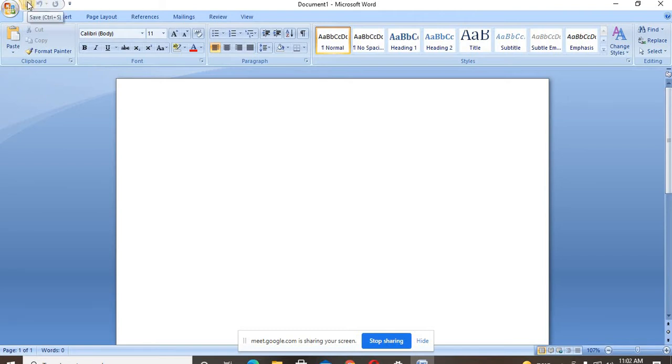Repeat after me: quick access toolbar consists of save button, undo and redo. So we will see what is undo and redo later on. But come to the next one.